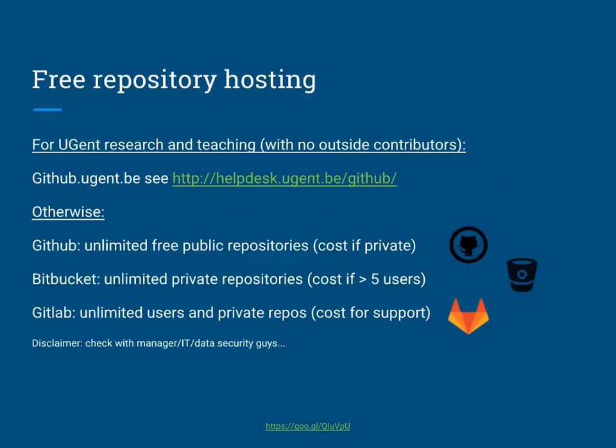Now, you're probably itching to start your own projects, and where are you going to host them? This is perhaps interesting for the people from Ghent University, which I think is pretty much everybody here today. So Ghent University has its own GitHub Enterprise instance. GitHub Enterprise is a hosted version, which means it runs on machines owned and maintained by Ghent University somewhere here in the building, I presume. So that means your code doesn't leave the confines of the university, which is from a confidentiality point of view always interesting. What's more interesting is that it's free for, so Ghent University is paying for a license for education